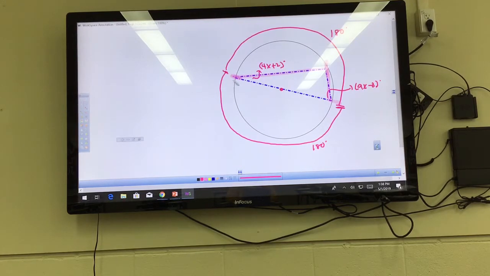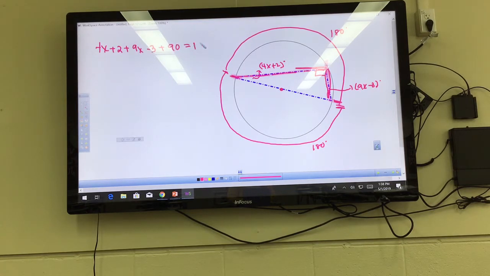So wherever the arcs start, remember, half the circle is 360 and this is 180, then from there, that inscribed angle, this angle right here that I've just traced with the pink, has to be 90 degrees. So now I can find x by saying 4x plus 2 plus 9x minus 3 plus 90 is